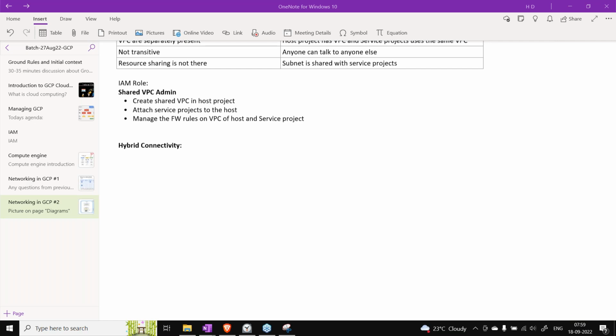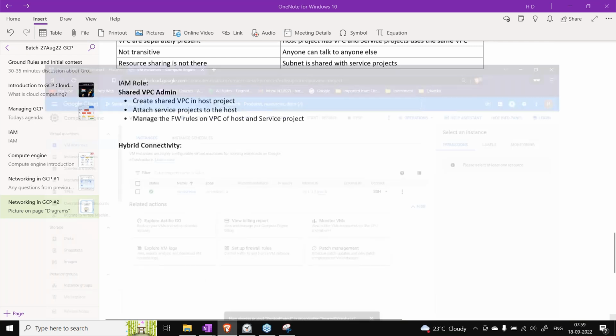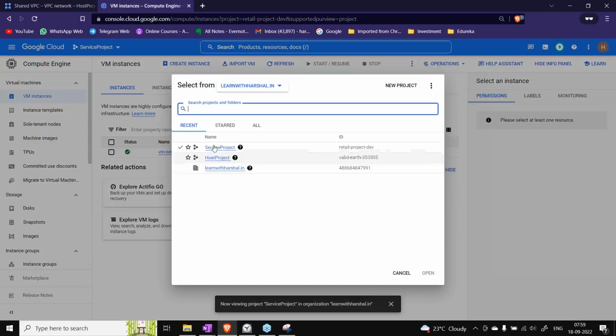I think we are giving them host service features when setting up the shared VPC. No, we are selecting them because the project names that I have given were also host and service. I used that particular nomenclature for the projects also, so that you guys can grasp it fast, that I am going to the host project, I am going to the service project. In your case, it can be different names, right?